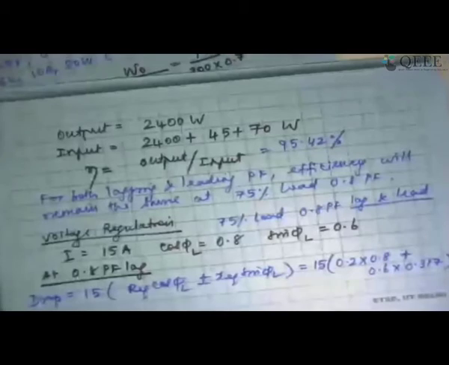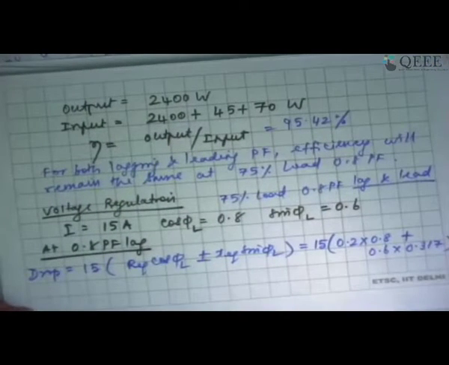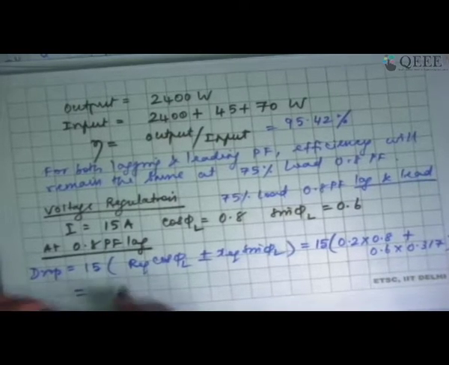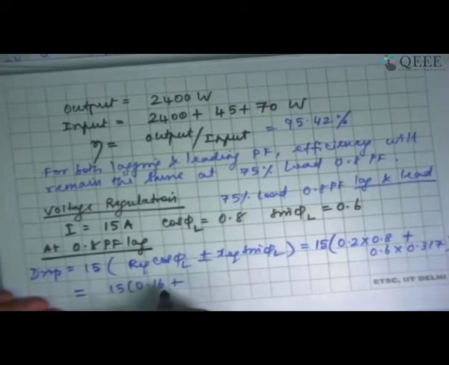Good. So let us try to calculate the voltage drop for lagging load. So can you please tell me how much is the voltage drop? This is 15 multiplied by 0.16 plus